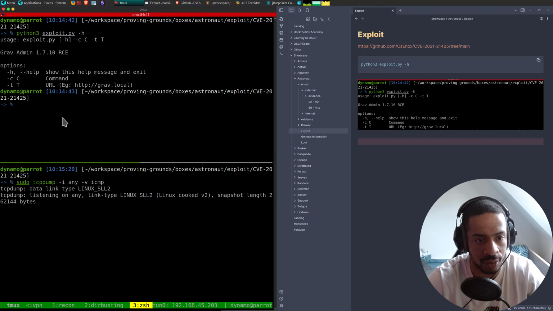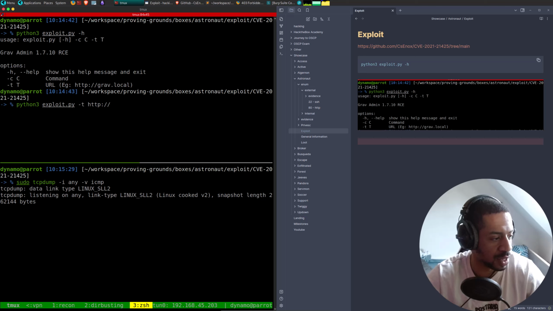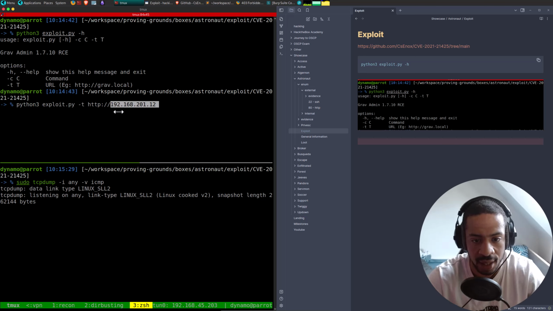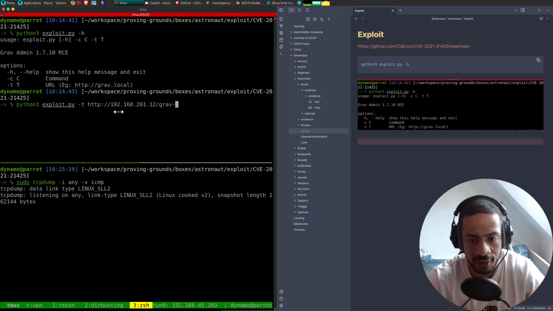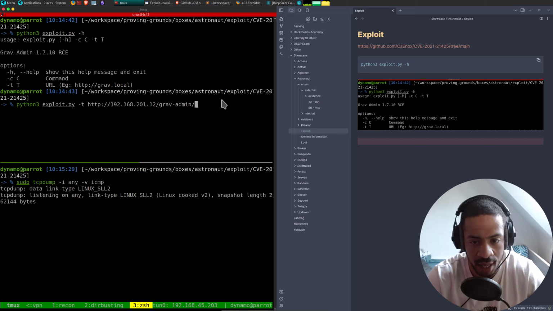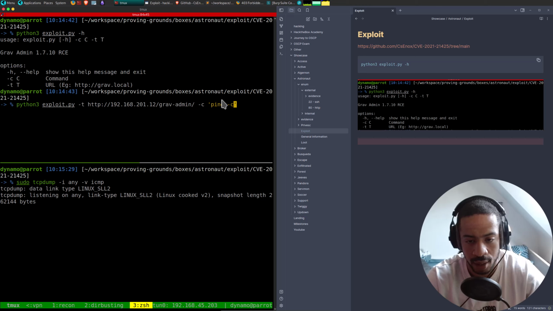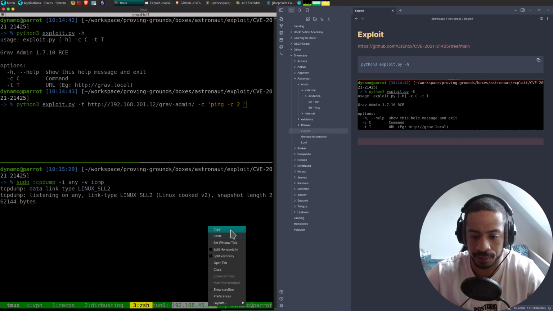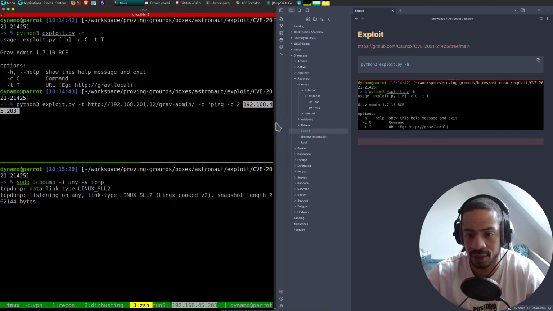And then let's do -t http, take the IP like that, and then Grav admin, is it with or without, and then C, and let's do ping -c two packets, and like that.